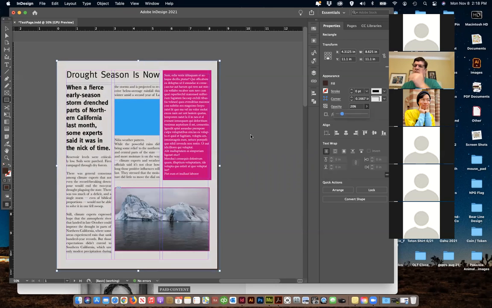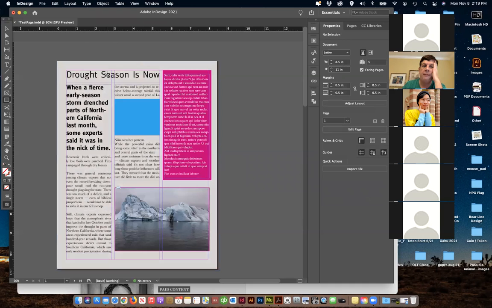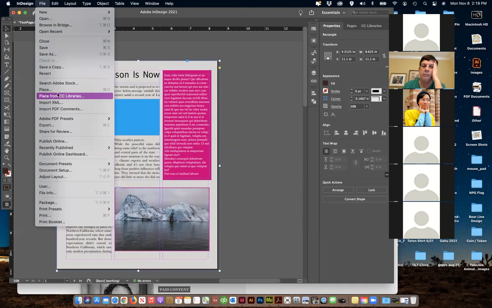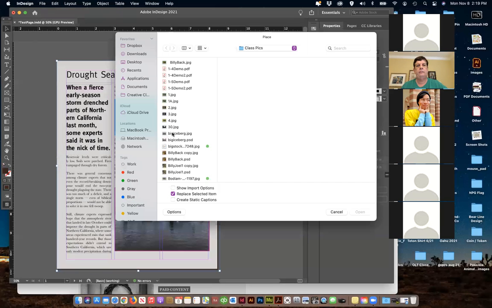So either I print on brown paper, which you can have your printer do, or you can buy brown paper and print it, or I can print the color out on the paper, or I can make this a picture in the background. Does that make sense? So I could have this whole thing as a background. Right now it's brown, but I can literally come in here and place